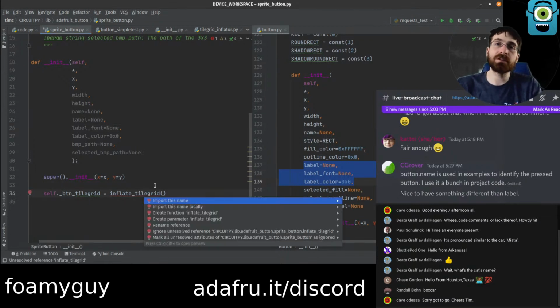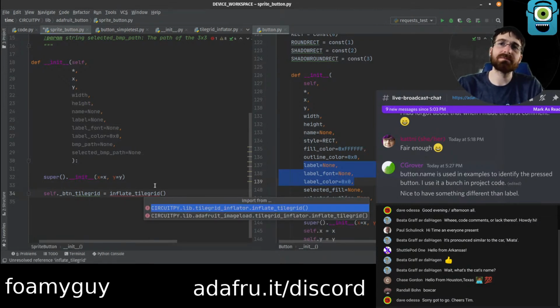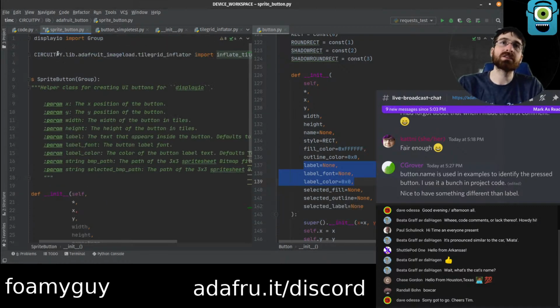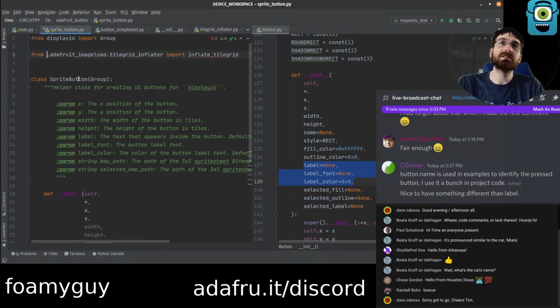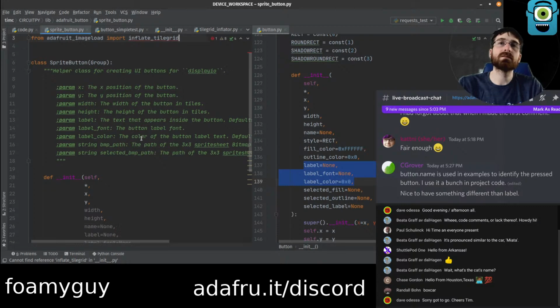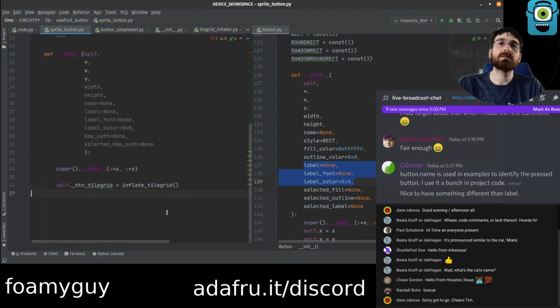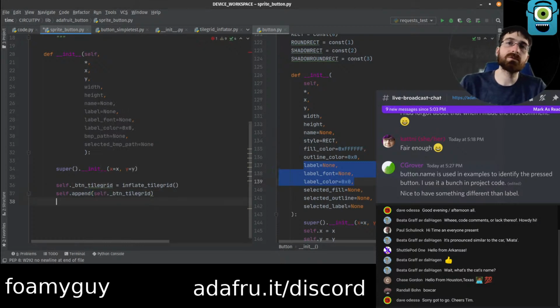And we're gonna need to import this. I don't think it's gonna find it. It did actually. Okay, it kinda did. Put this onto our group.